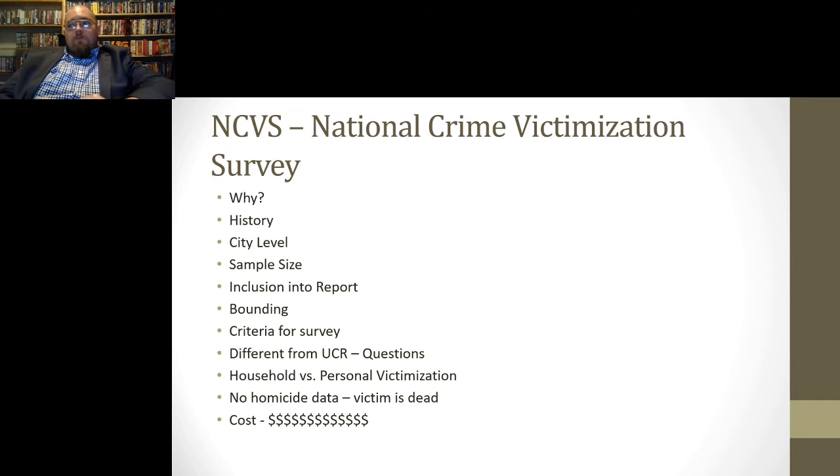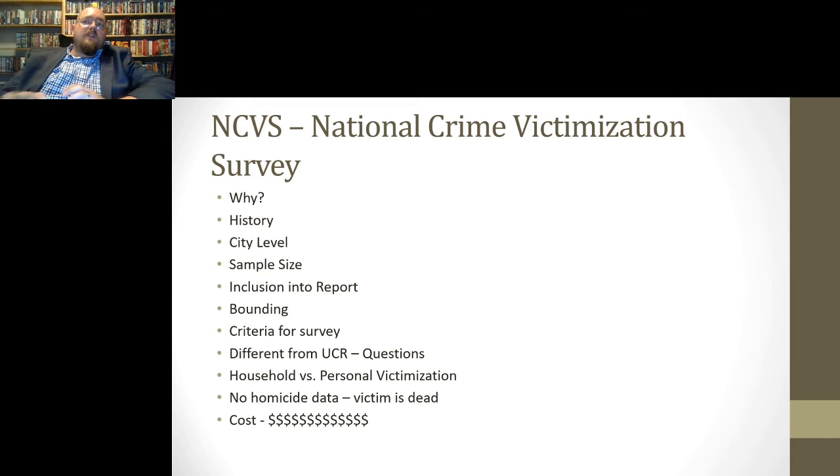So we know the gap between crimes reported to the police and crimes that actually take place is fairly large. It's larger depending on certain types of crimes. Homicides, for instance, are reported very frequently because you have 200 pounds of evidence. Sexual assaults tend to be some of the least reported crimes to police. So the NCVS helps us figure that out and figure out